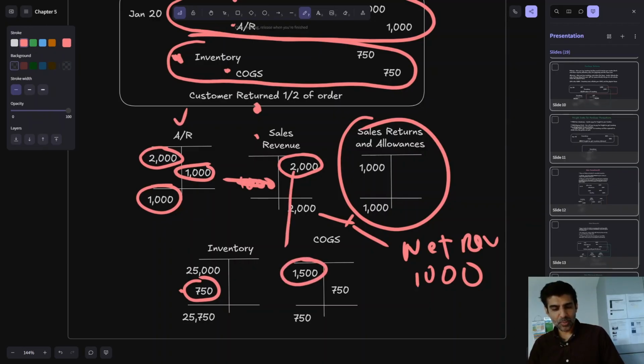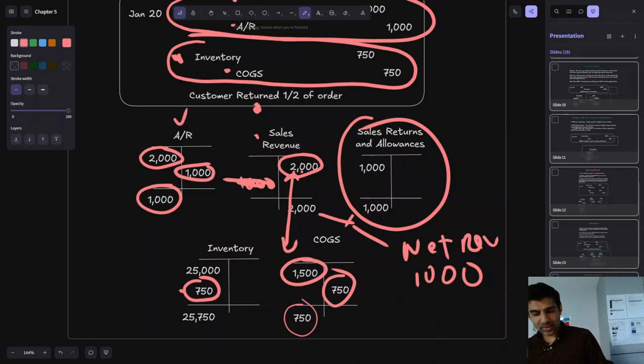So our original profit or transaction was 2,000 revenue, 1,500 cost of goods sold. Half of this cost of goods sold is coming back. So now we have the correct $1,000 of revenue and the 750 of cost of goods sold. So the key thing to remember is